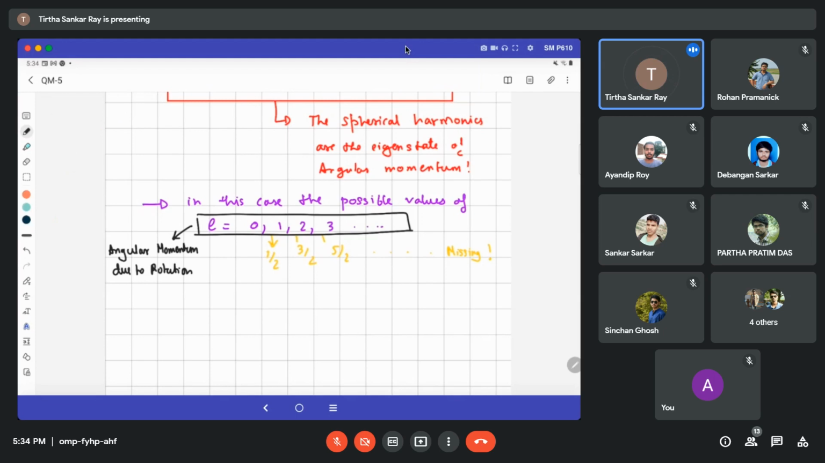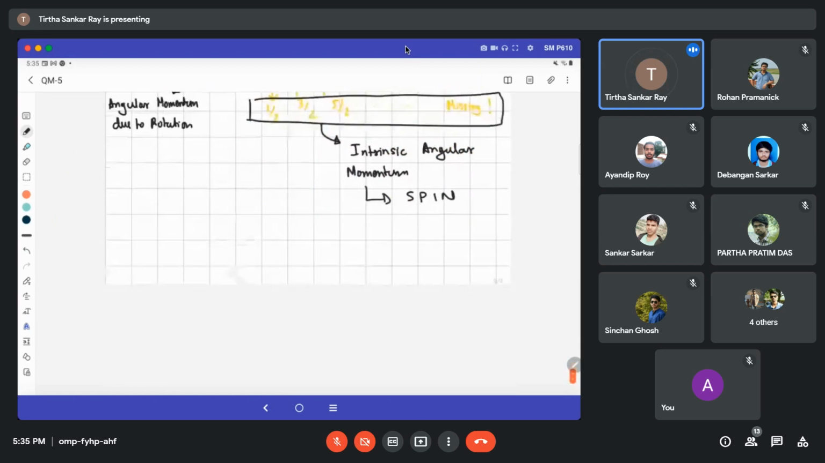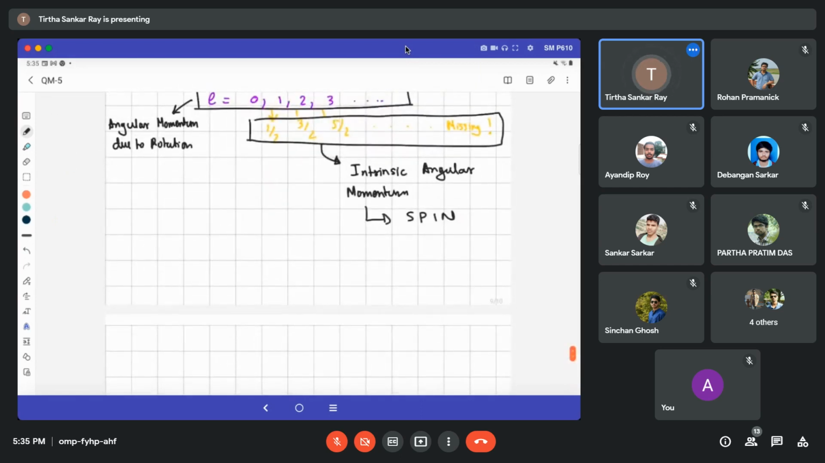No, I'm saying this very, very loosely, of course, but more in some sense. And the numbers that are missing here are some kind of an intrinsic angular momentum, which is called spin. And spin is an entirely quantum mechanical phenomenon. There's no meaning of spin in classical mechanics. Okay,